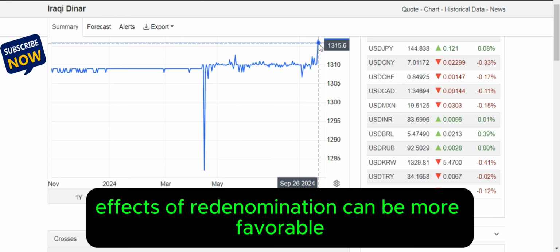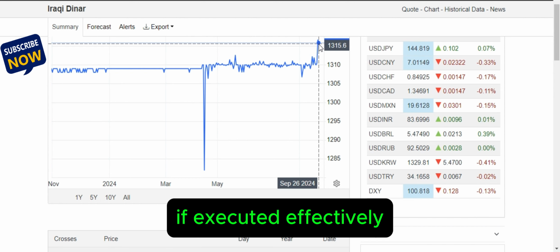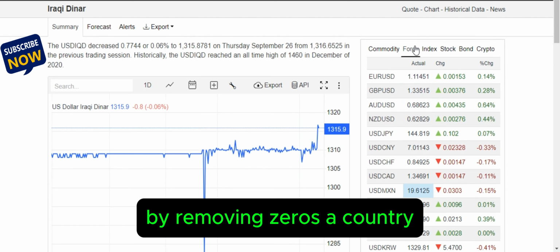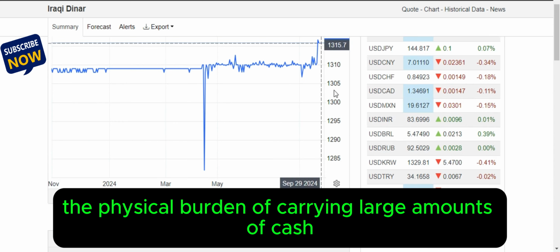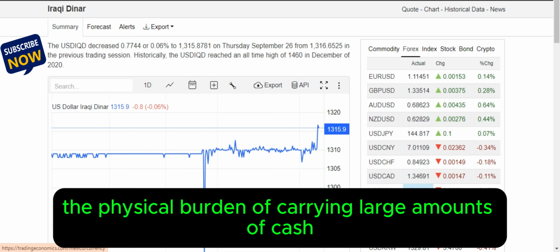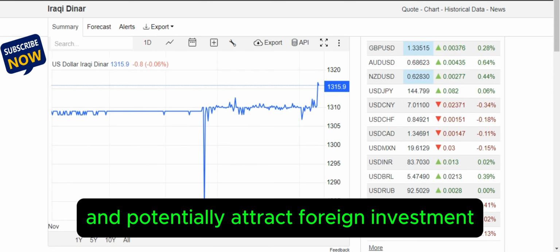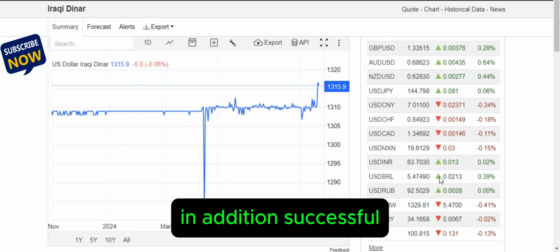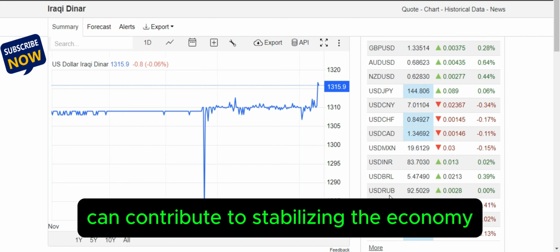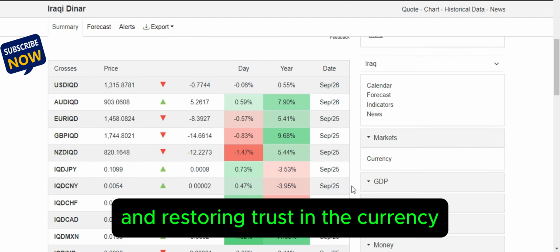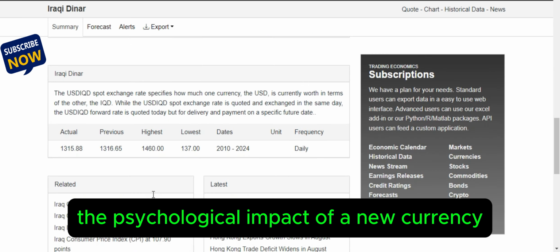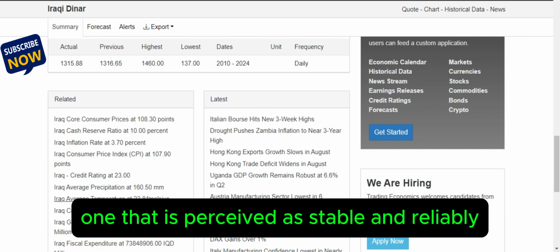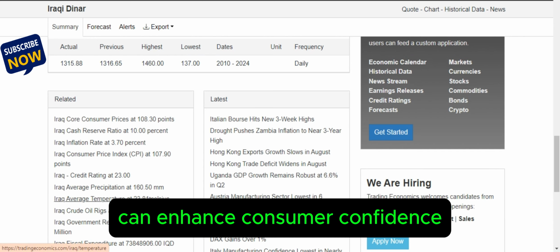Long-term effects of redenomination can be more favorable if executed effectively. By removing zeros, a country can improve the efficiency of financial transactions, reduce the physical burden of carrying large amounts of cash, and potentially attract foreign investment. In addition, successful redenomination can contribute to stabilizing the economy and restoring trust in the currency. The psychological impact of a new currency, especially one that is perceived as stable and reliable, can enhance consumer confidence